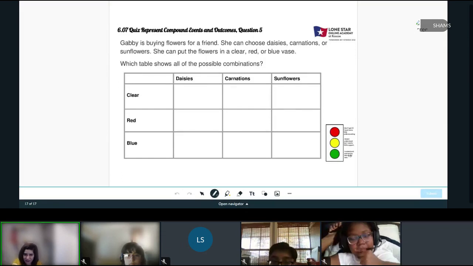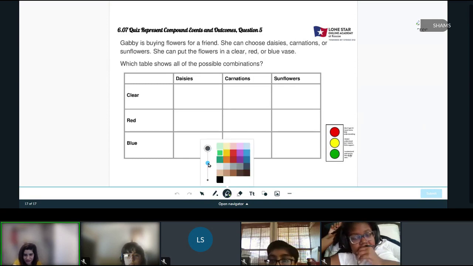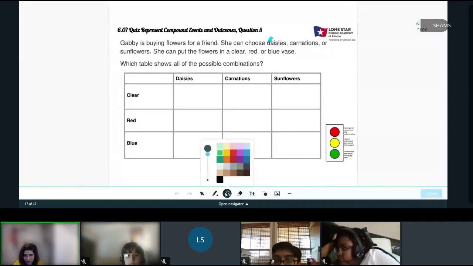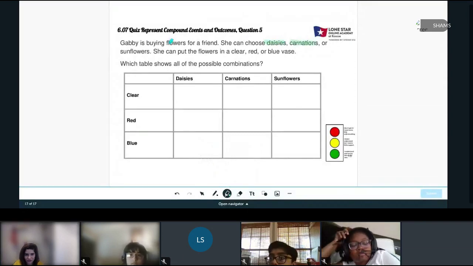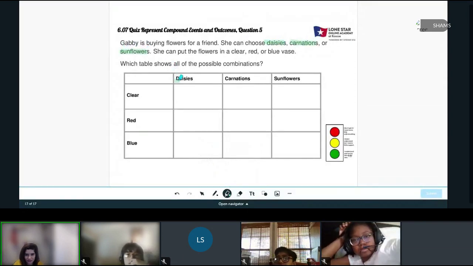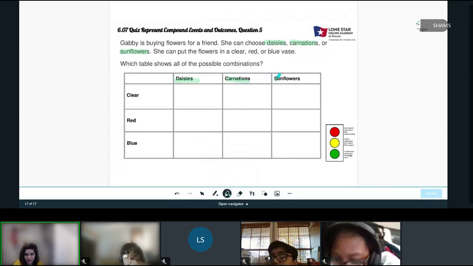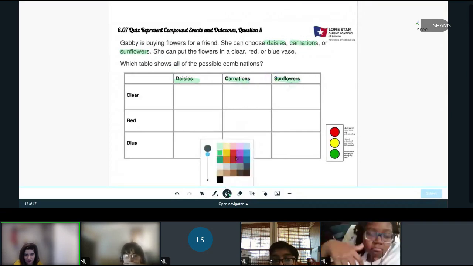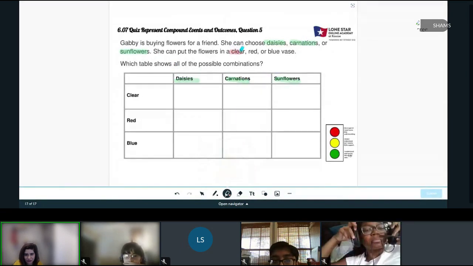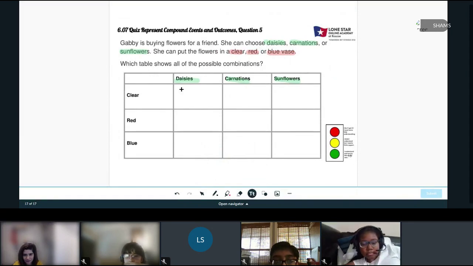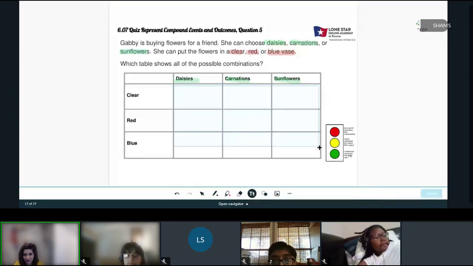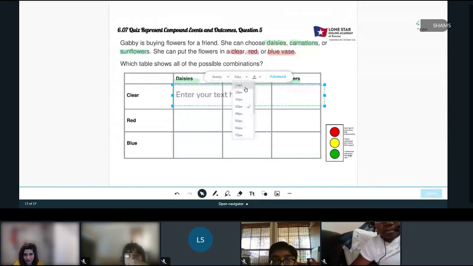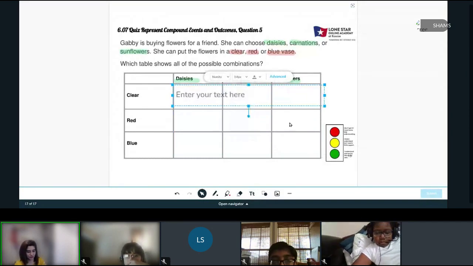Here, Gabby's buying flowers for her friend. She can choose between daisies, carnations, or sunflowers, and she can choose in these colors. The colors she has are clear, red, or blue vases, right? She can choose vase colors. Then we can go create her combinations. Keep her font size very little so she can choose